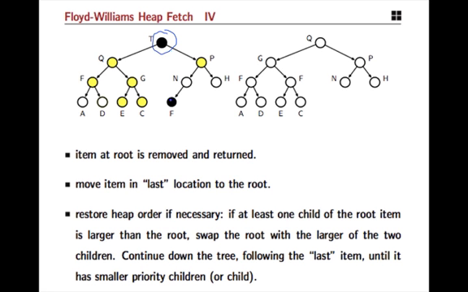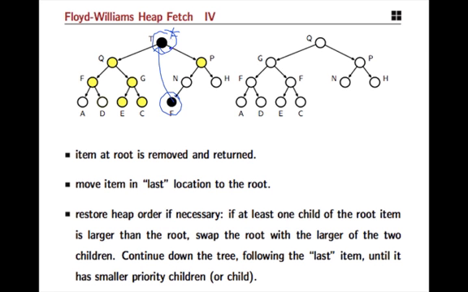So we take the element that is in the last position and move it to the position that has just been cleared, and now we start to compare it to its children. In this case we have F, and F is smaller than both Q and P,